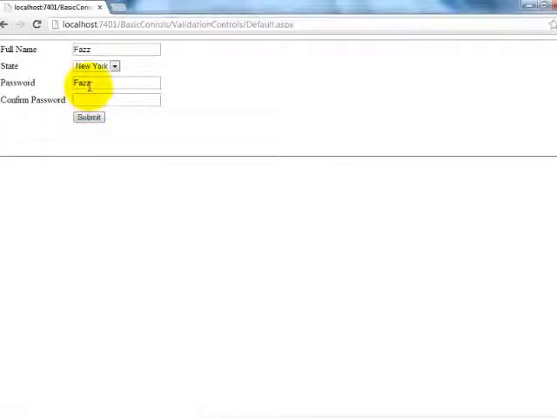The confirm password text box has a null value, and here it has some value. So when the input is not provided, the control will not validate. The compare validator cannot validate the user input when there is not any input, which means we need to provide some input to validate.